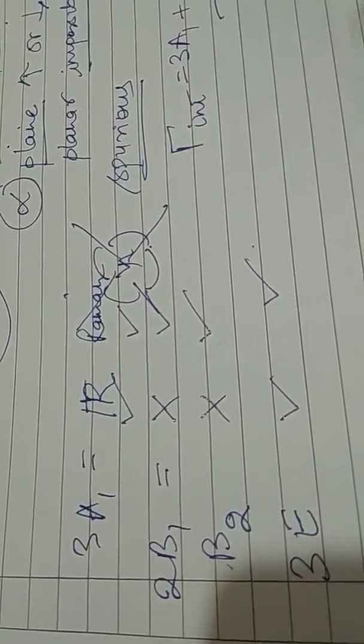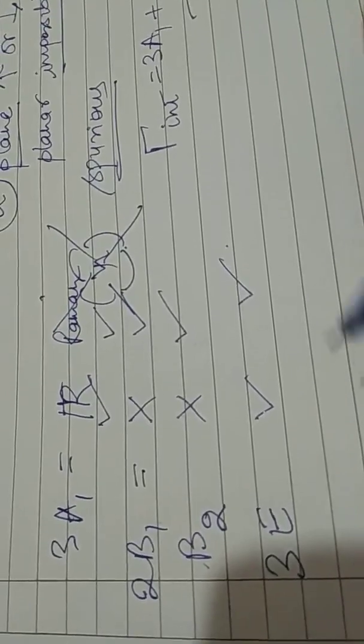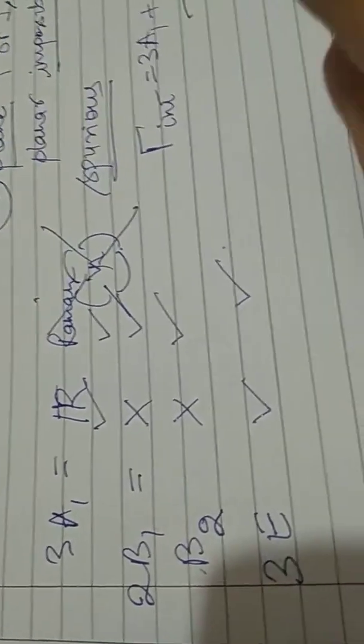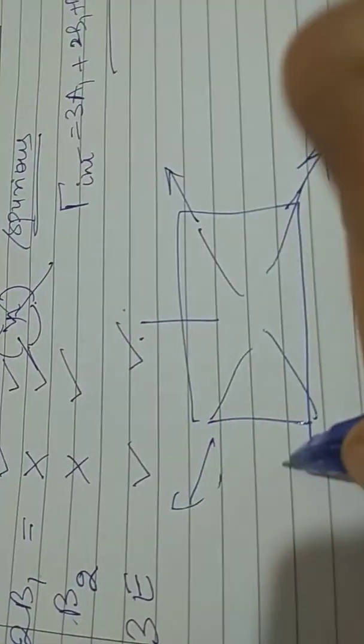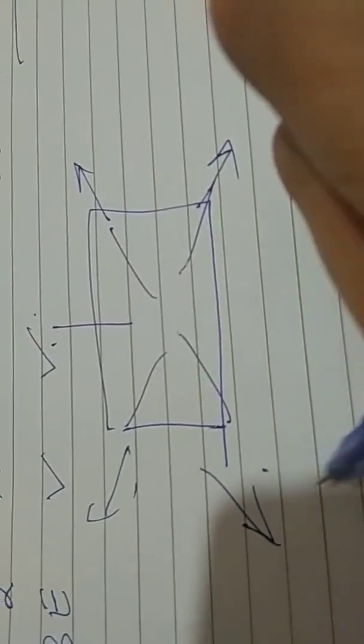If still they ask, you can draw some of the vibrational modes, either symmetric or stretching modes. Suppose I ask you to draw a stretching mode for this. You can draw 1 or 2 stretching modes, right? The stretching mode will come out like this. This is a symmetric stretching, right? Then similarly anti-symmetric, if I want to make, you can do this arrow the other side and this arrow the other side, and these arrows pointing in the same direction. This becomes stretching, right? So bending modes also, bending modes will involve angles.